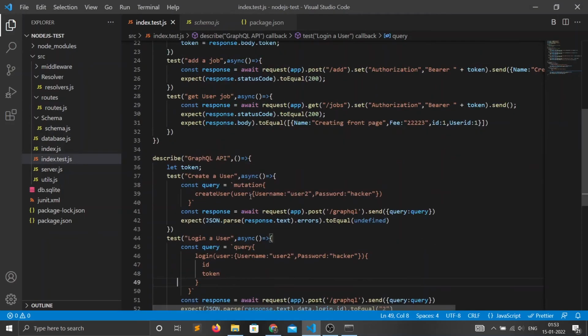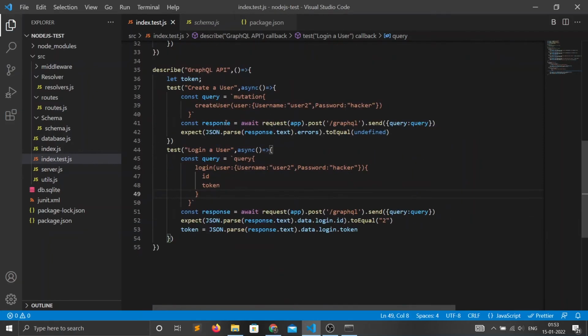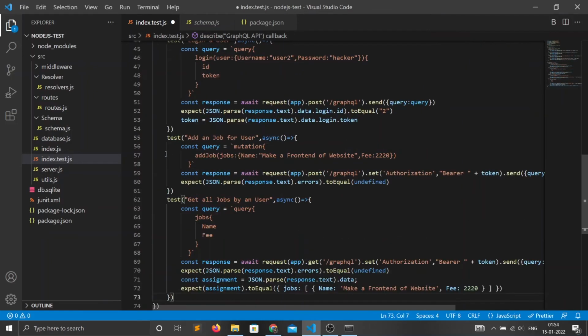So it is not much different from the testing of REST API. The major difference is that we are sending the query in GraphQL on the same endpoint. Other tests would be like this only.